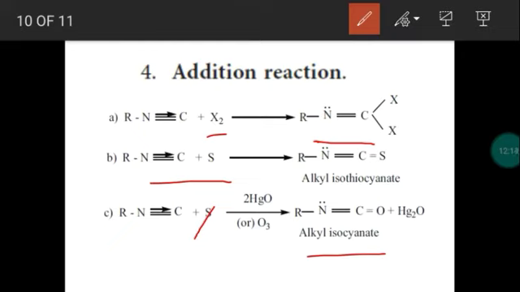Next, uses of organic nitrogen compounds, you study yourself. Then in this organic nitrogen compounds lesson, what are the functional groups? Nitro compounds, amines, diazonium salts, cyanides and isocyanides. All these chapters we have completed. All these functional groups, their preparation and properties, we have completed. Next, in this lesson, concentrate much on IUPAC nomenclature as well as naming reactions and creative questions in the book back. In the book back, many creative questions are there. So study the whole lesson thoroughly.